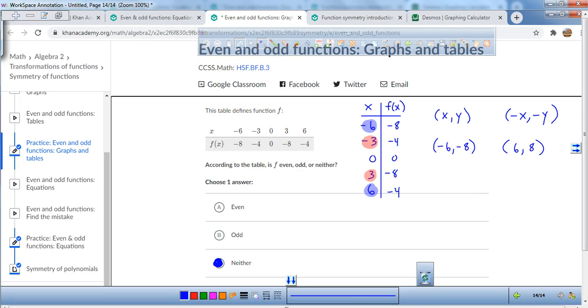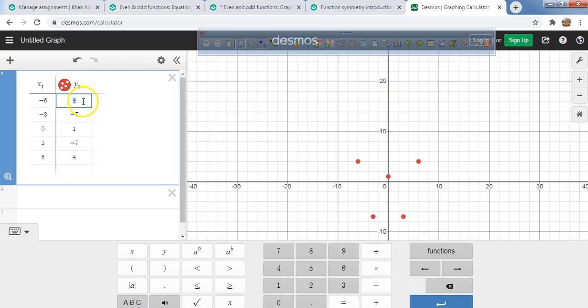Then it went -8, -4, 0, -8, -4. All right. -8, -4, 0, -8, -4. And you can kind of see that this is neither symmetrical about the y-axis, nor is it symmetrical about the